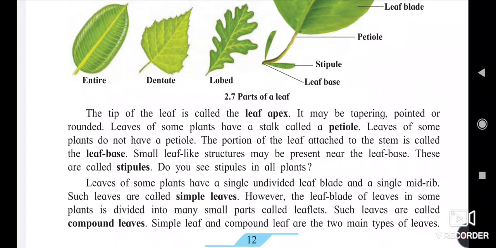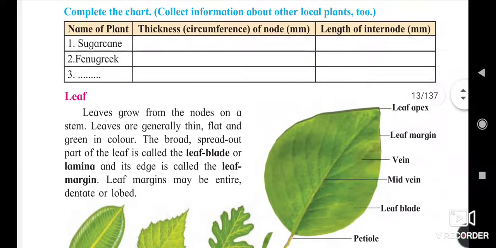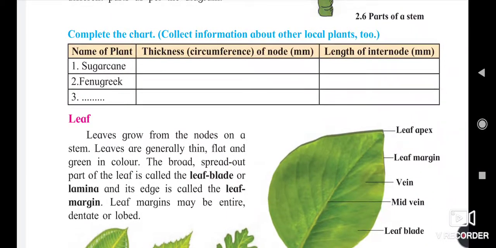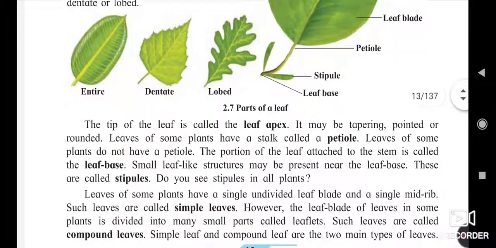So students, we stop here because we have already seen the information about root and then stem, and now we start to gather information from this lesson about leaves.